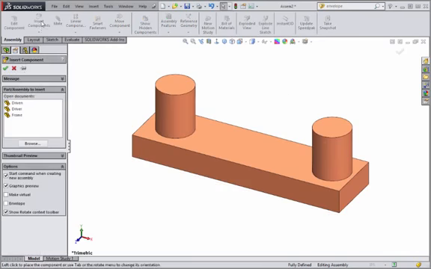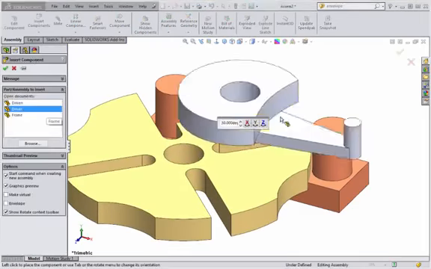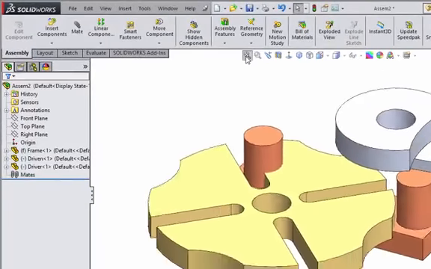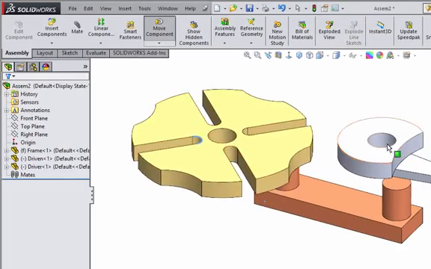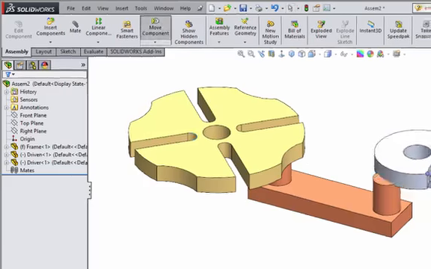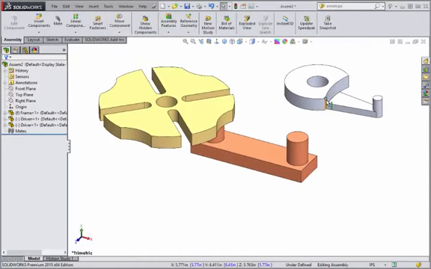I'll insert the rest of the components into the assembly. And you can see that the components have a minus prefix next to the component name, which means that they are neither fully defined nor fixed. Unless fixed, every part has 6 degrees of freedom. Next, I'll go over using the standard mates that are